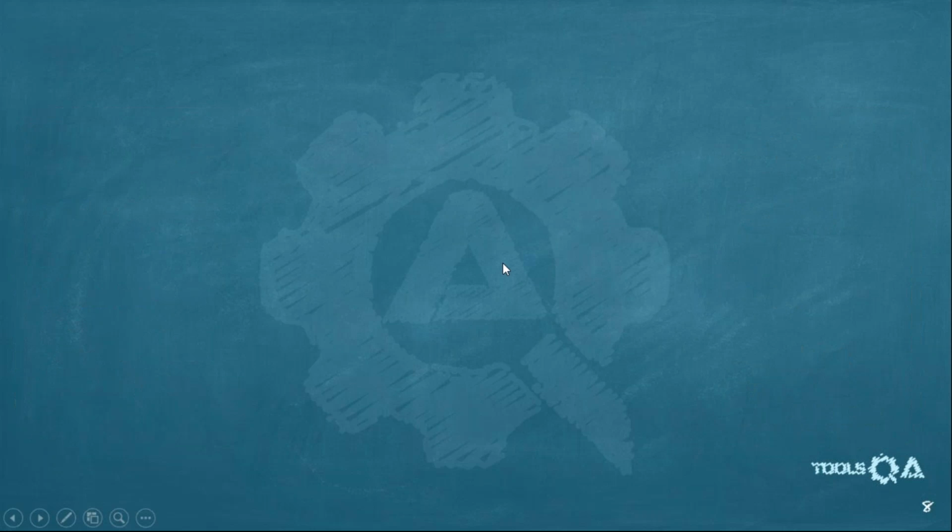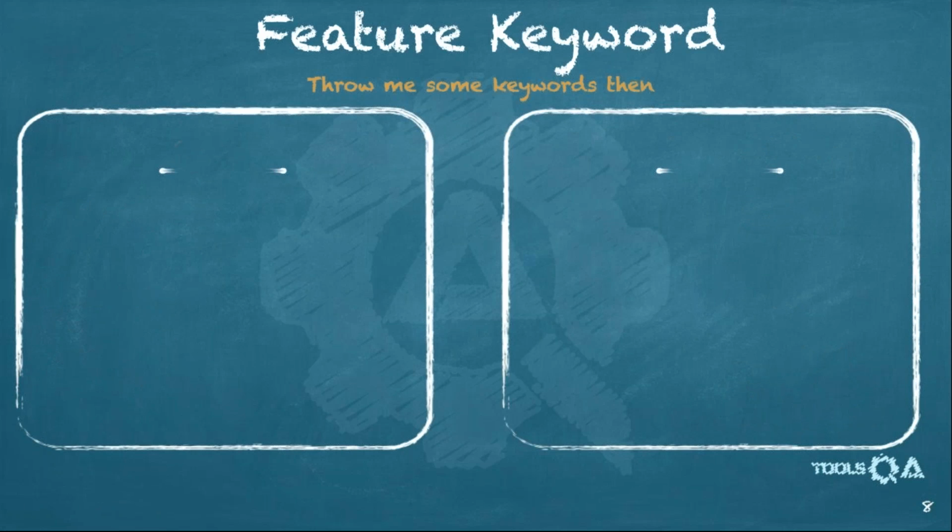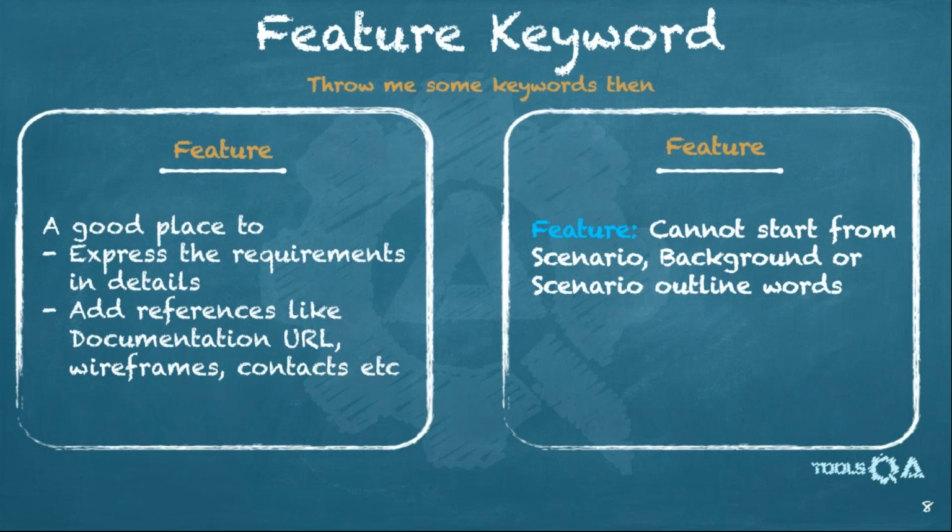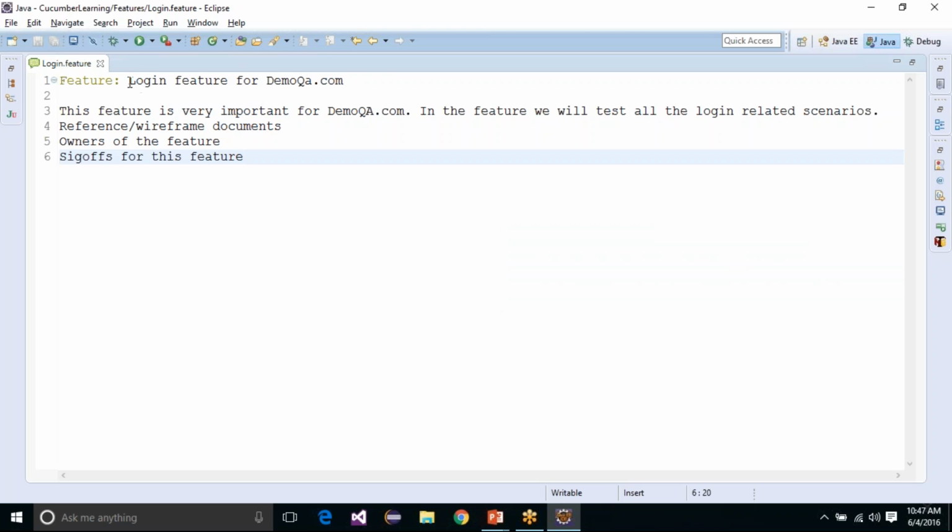In the slides, we are just talking about the same thing, reiterating what I have taught you a few seconds ago. It says that a feature is a good place to express the requirements in detail and add references like documentation, URLs, wireframes, contacts, etc. And then there is an important point that I missed: a feature cannot start with scenario, background, or scenario outline words. So make sure that when you have the feature keyword, you don't end up writing something like scenario,